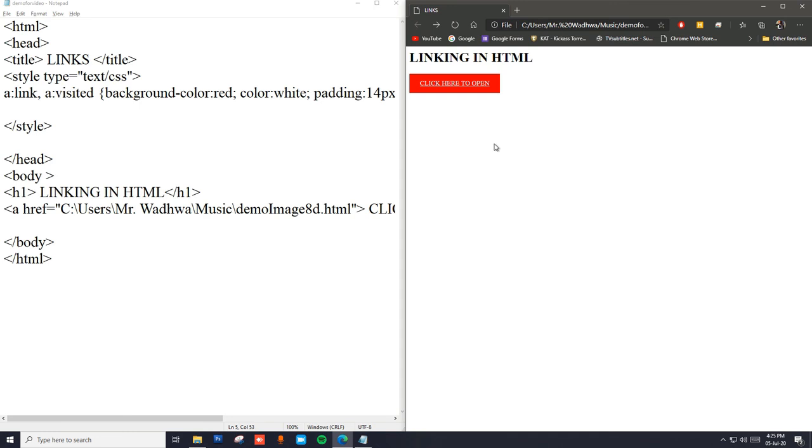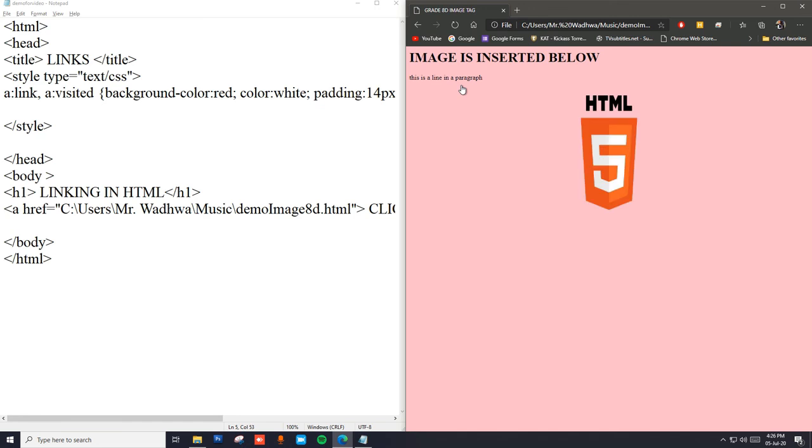This looks better. So once I click on it, it will again open up the web page that is linked. Now this is how we can use links as buttons,